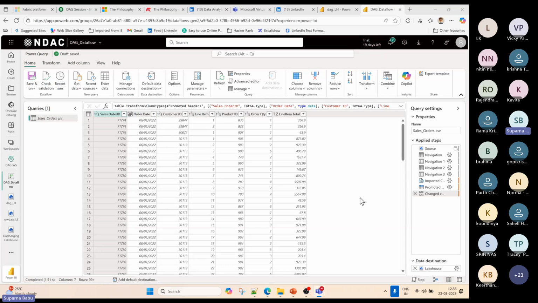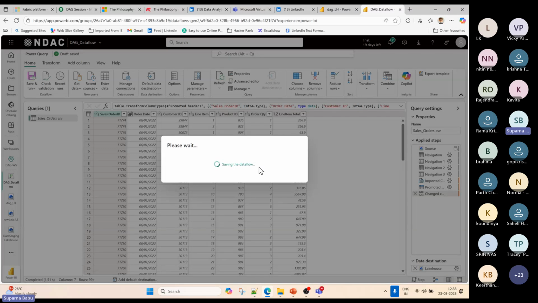When Power Query editor was supported in the service, they removed the publish option and gave save and run. So what you need to do is just click save and run.